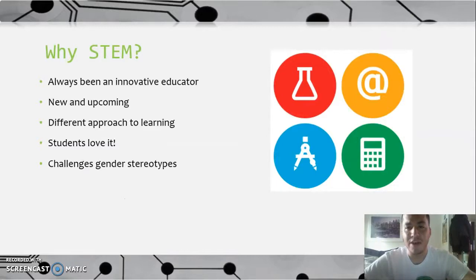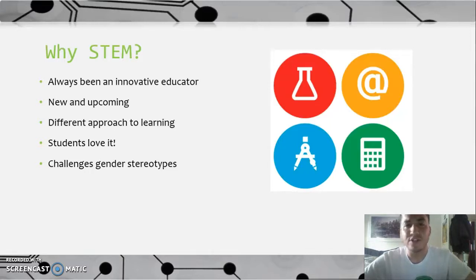So why am I choosing to follow the STEM endorsement throughout my master's at Millersville? I just kind of always classify myself as an innovative educator. I've always wanted to learn about new and upcoming technologies and different skills. I love how STEM pushes the boundaries of different approaches to learning. The students love it.